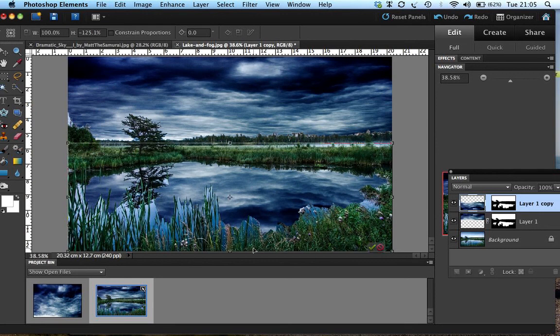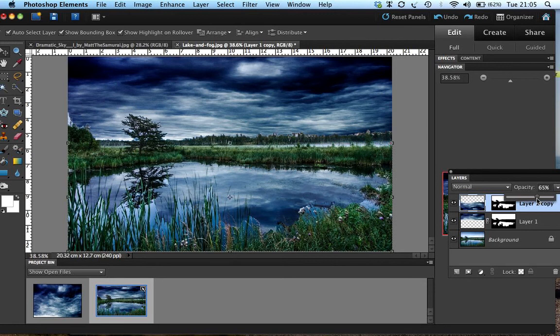the bottom, and obviously the sky in the reflection in the water is not going to look that intense, so you want to reduce the intensity, and the way to do that is go over here to the opacity and click on the little triangle and drag the slider down to reduce the intensity of the reflection in the water. So again, as I say, it's a very rough mask that I made, but once you're all done and you're